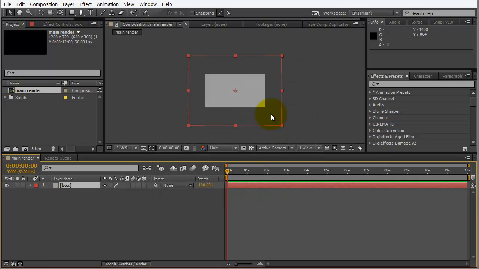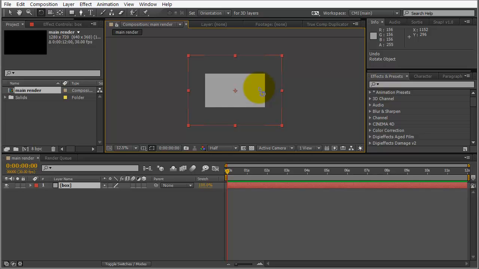Okay. And the reason why I'm doing that is because if I rotate this layer, I always want the comp window to be covered up by our box layer. While we're in After Effects, lighting, colors, and textures are irrelevant. All we're interested in is getting out an image sequence with an alpha channel. Okay, so it's kind of nice here in After Effects. We don't have to pay a lot of attention to those other details. We can just get things animating, and then we'll worry about the lighting and texturing once we jump over into